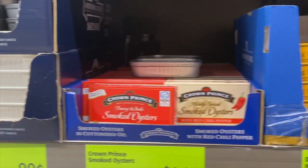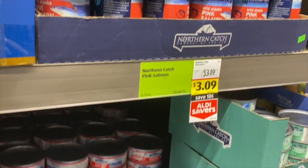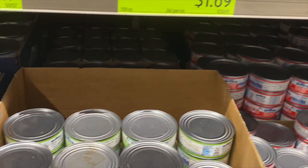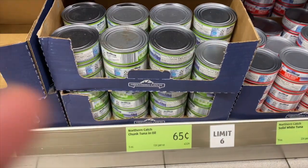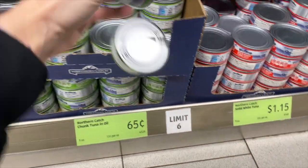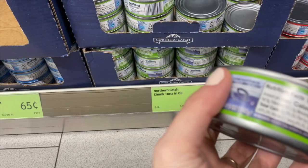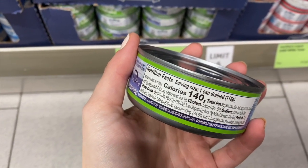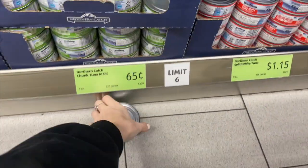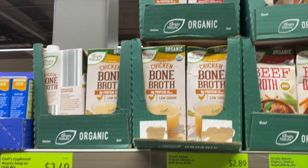If you're into sardines and other canned fish, this is a great place to pick that up. Not that those are ever terribly expensive anyway, but they're a great way to get some quality omega-3s. Don't ever buy tuna in oil, however. I know that seems like the right thing to do, but it's never a quality oil. It's always a vegetable oil, which is definitely not heart healthy. You do not want to be using this. No, no, no. Just get it in water, and then you can add your own quality fat to any sort of salad that